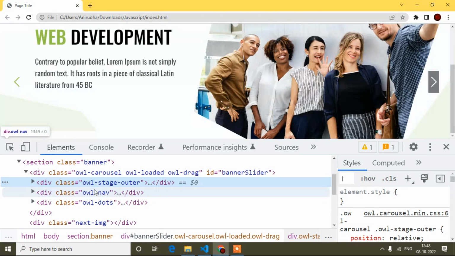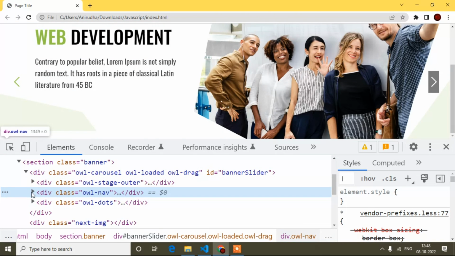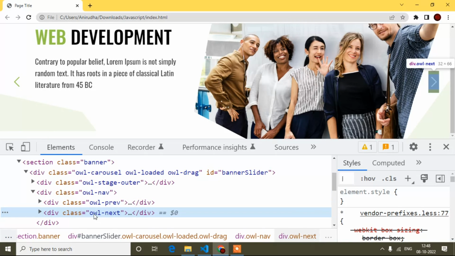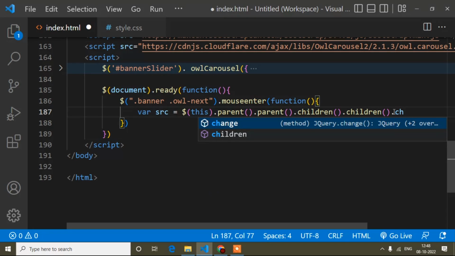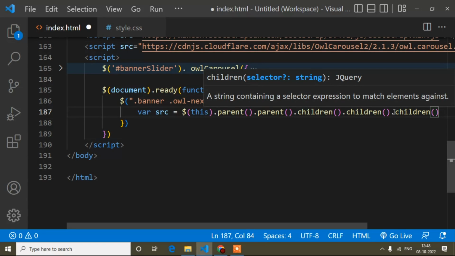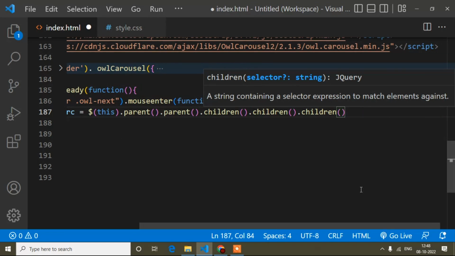Okay, this one, and those are the children. So owl nap children, and then again children means owl next. Like this way actually I will capture the next image. So children date, then again children, three times I will write children. And here inside this children, just for making strong thing, here I will write dot owl-item